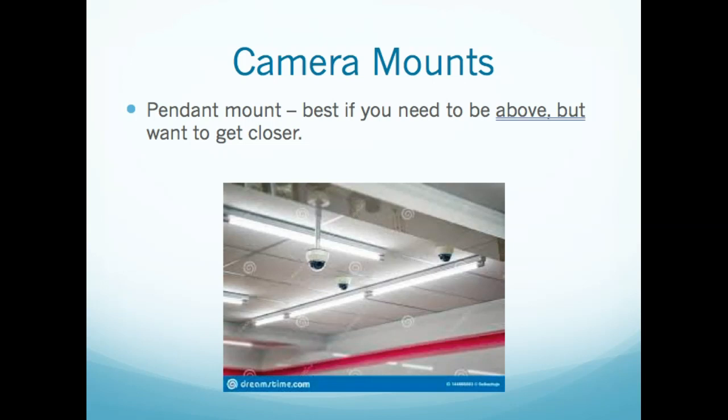Now, if you look at this particular picture of this ceiling, and I chose this particularly because if we mounted directly to the ceiling, when we started to swing around, what would we be looking at? We'd be looking at the fluorescent lights directly. We'd be looking at some of the, there's a little recess it looks like there. If you look off to the side, on the right-hand side there, you see another camera that's on the drop ceiling. So that's probably the mount we looked at last, right? That ceiling mount. But this one drops down. It's below that light source,